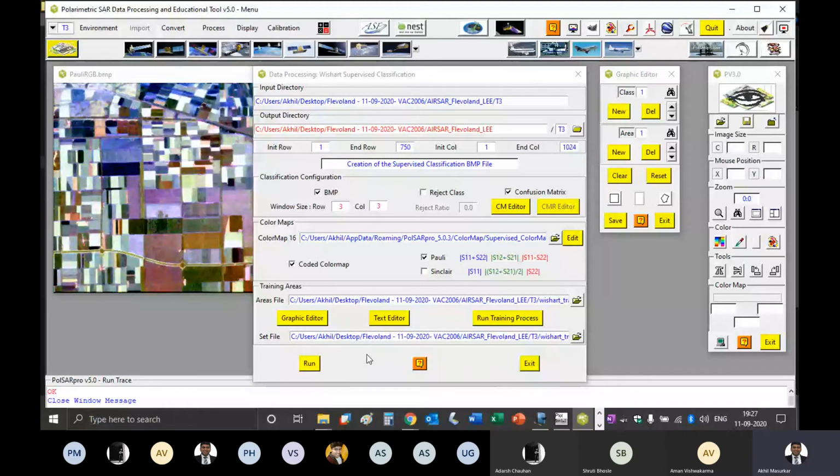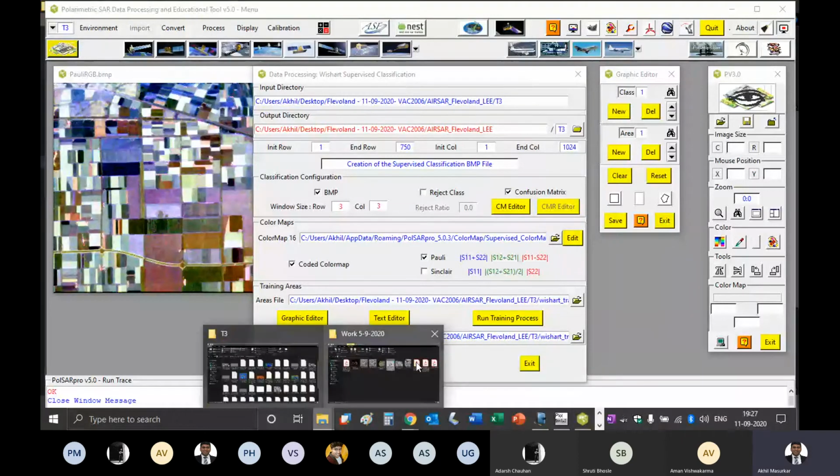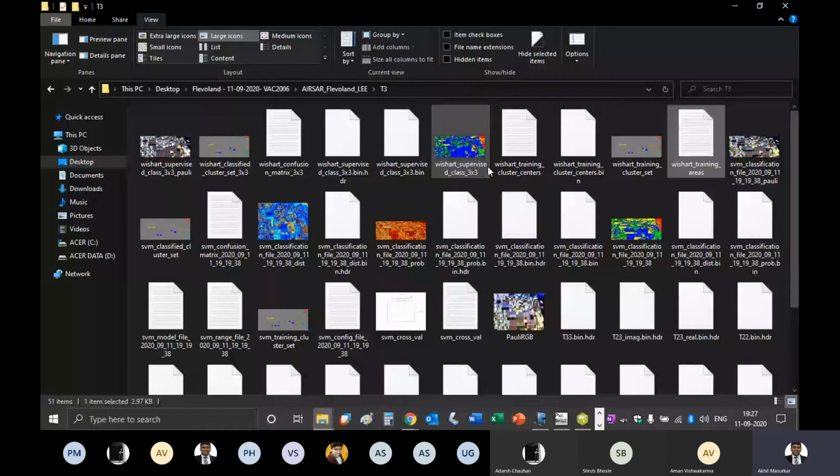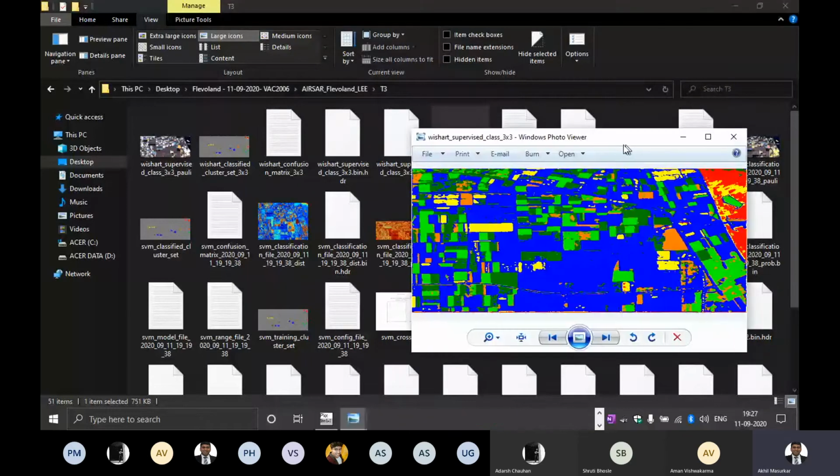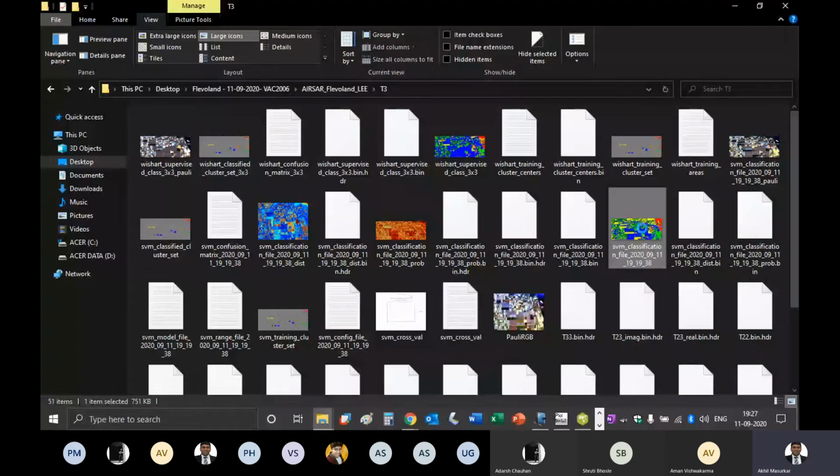So let's look at my file again. Okay, I got my Wishart file here, and this is my SVM file.